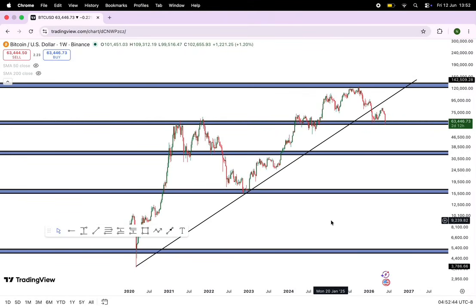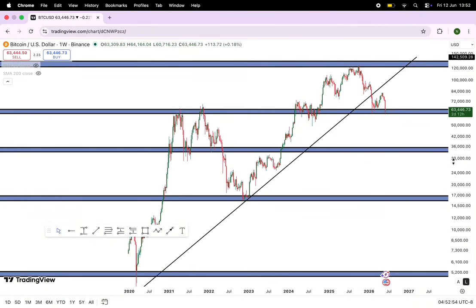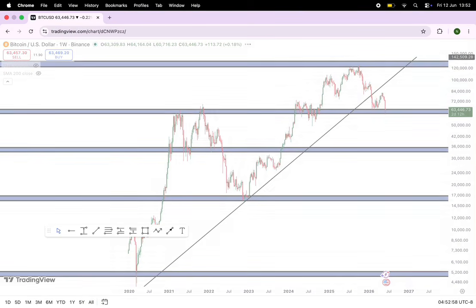So the first pair we have here is the BTC USD. That's Bitcoin. So in the past couple of weeks, as you may have seen in my last video, I actually came to highlight BTC to the downside. By the way, this is the weekly time frame of things. And let's just go down to the daily time frame and see what actually prompted my going short on BTC